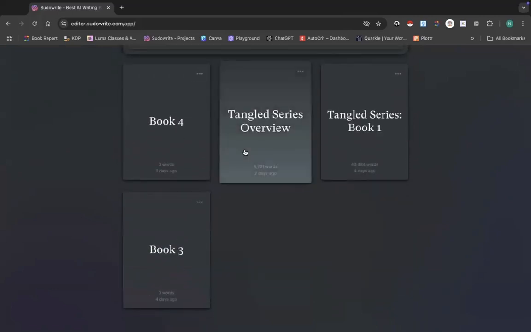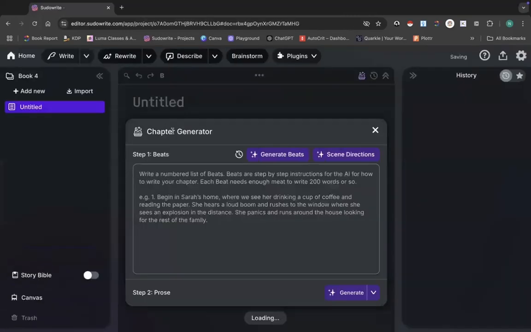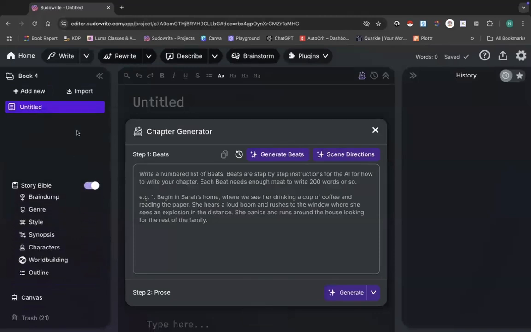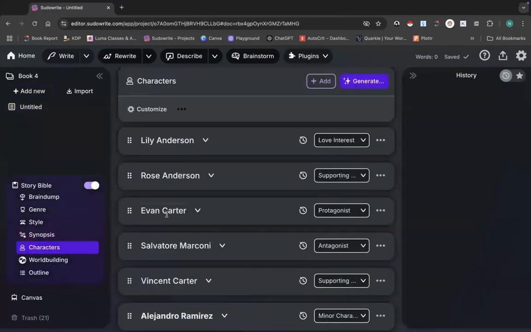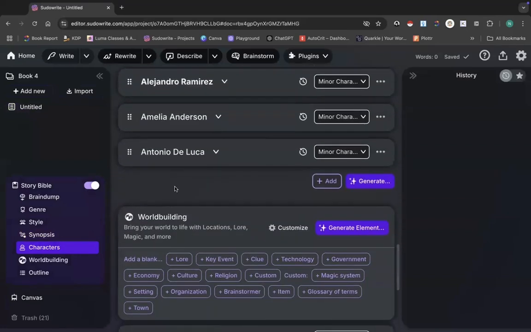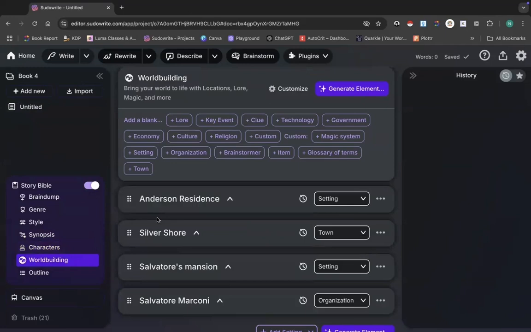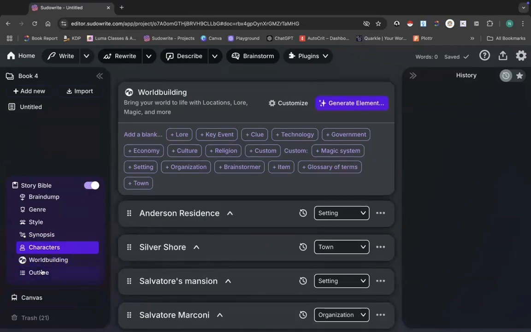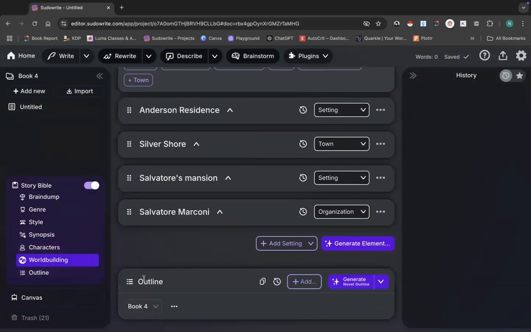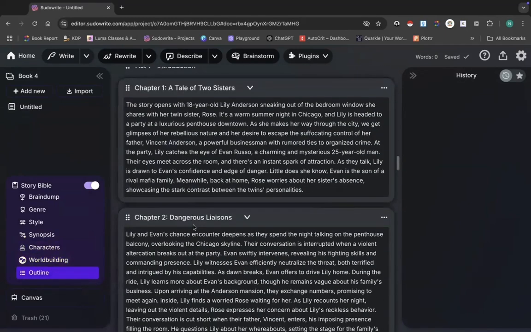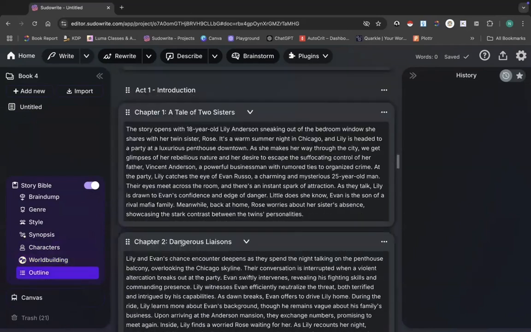Now, each one of these will have all of the information carried over. For instance, I'm going to go in book 4. I have not done anything with books 3 and 4, maybe not even 2 yet. However, if I scroll down to my characters, all of my characters are here because that is what series does. It automatically brings in everything. So my world building, my characters, they're all there. And as you can see, I do not have a book 4 outline yet. But I can come here. Let's see, I do not have an overview. Yes, I do. So I have my series overview outline,